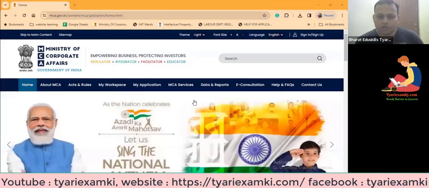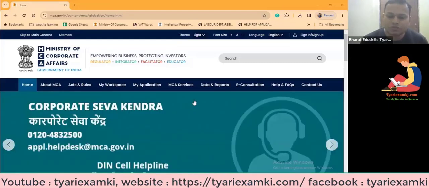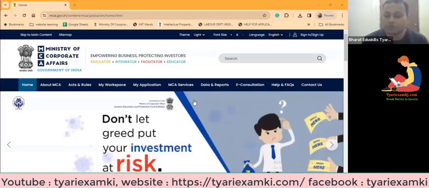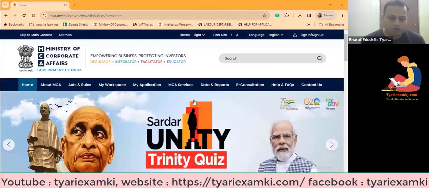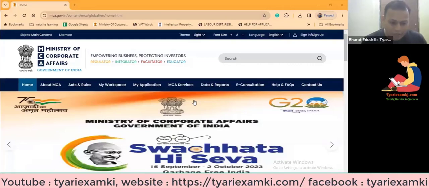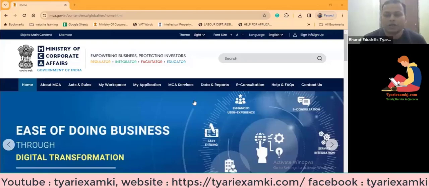On the version 3 portal, all the forms are web-based forms. Web-based form means the information is being filed online. So you need a good internet connection to file all these forms, and attachments are to be uploaded online also. And after that, once you prepare your forms and have attachments in the forms, you will submit the forms, and then after submission